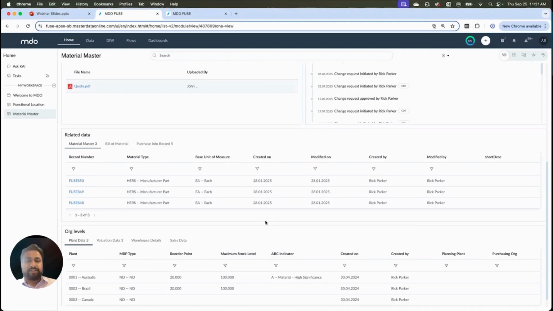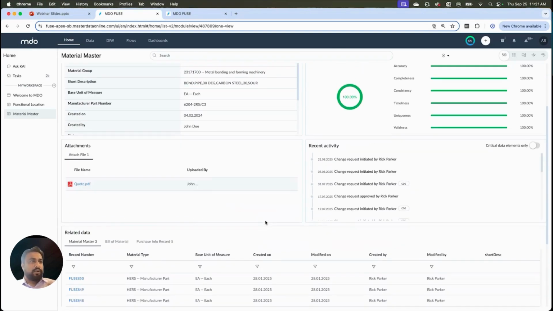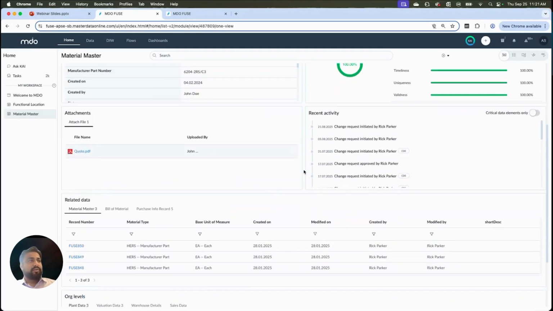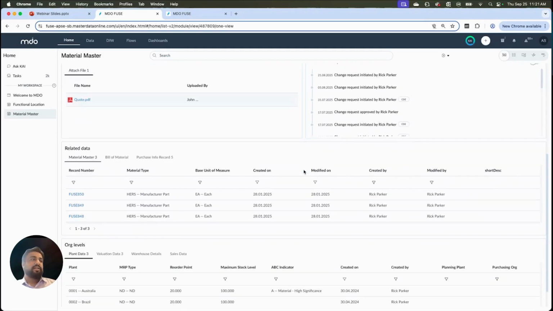So as you can see, when you come onto a particular record, you view the information, everything, be it related data sets, be it the end-to-end journey of change and creation process of that particular record, how the data quality is, all of this is available on a single page. The user doesn't have to go to different data sets or different systems to get the information or identify the linked records, search for those reference data sets and identify what records are linked here.